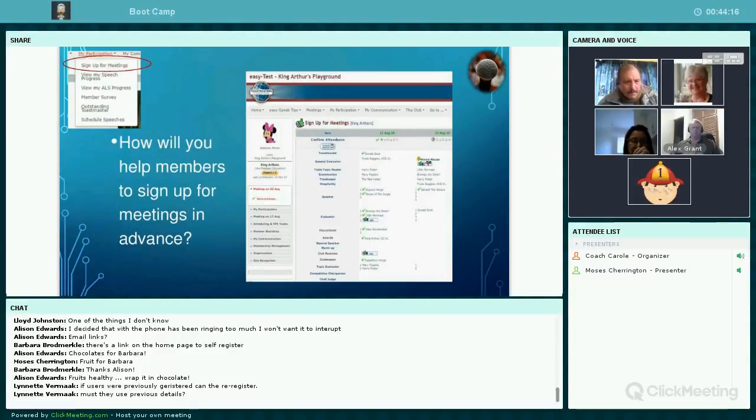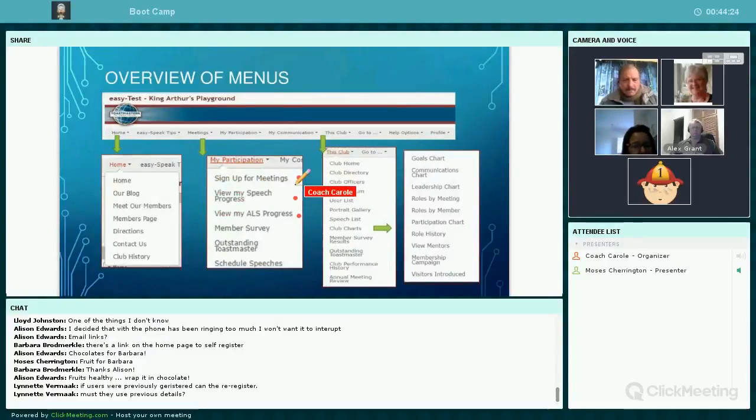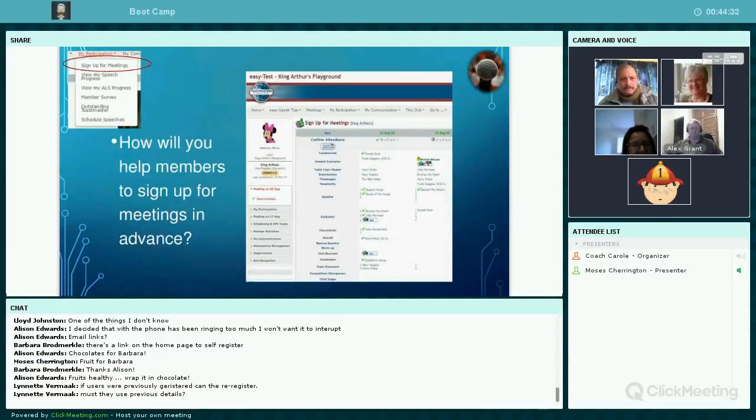All right. So signing up for meetings is simply done by clicking on that previous link. Let me go back a slide. So they would click on sign up for meetings, that very first one there. This is the pop-up screen that they would see. Now it's a little small, of course, and we're looking at King Arthur's Playground, and the current user is Minnie Mouse, and she's the VPE.